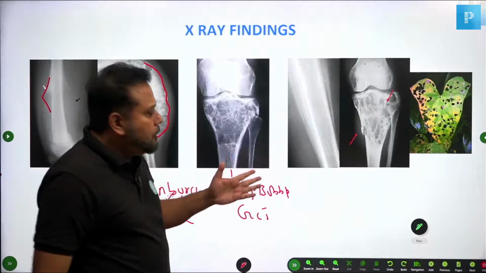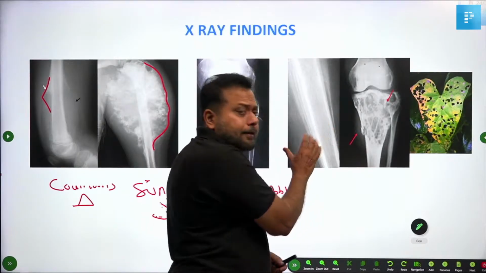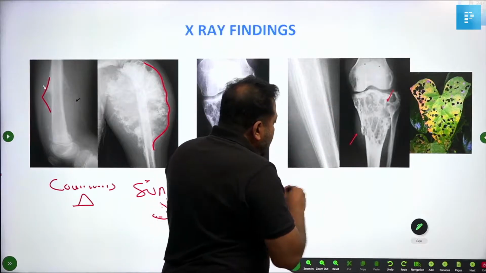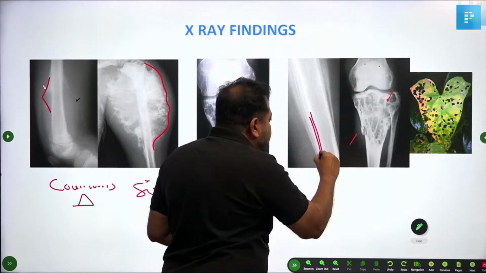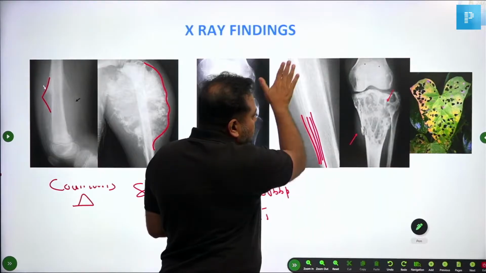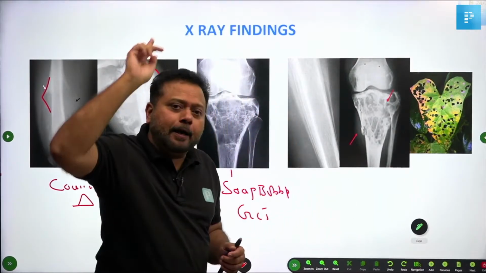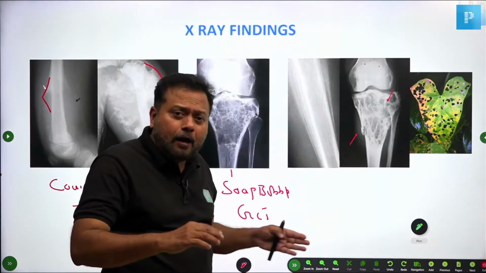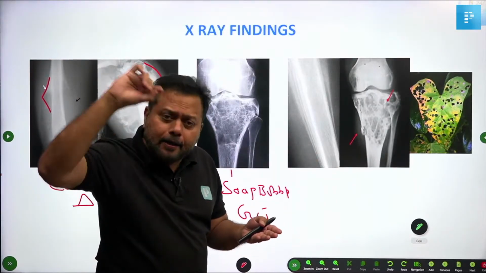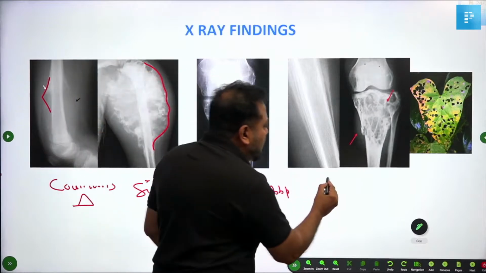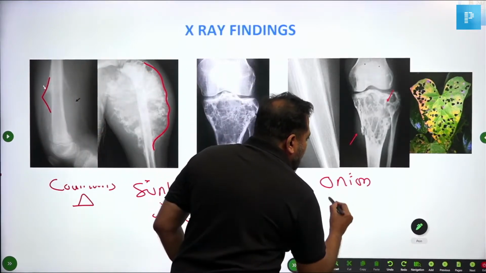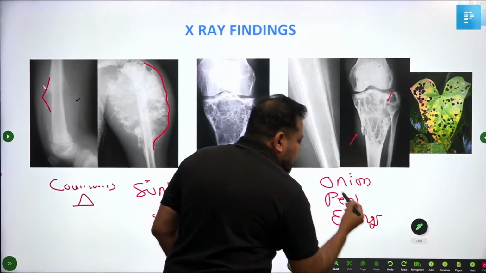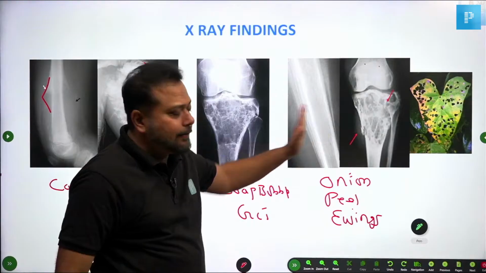Then the third, you see here, you zoom this on your app, your cell phone, your laptop, your iPad. You can see multiple layers of stripped periosteum. I will rub it. You see now, multiple layers. Periosteal reaction. This is also a periosteal reaction, but here it exhibits multiple layers of stripped periosteum. And this is called onion peel. Okay, the diagnosis is Ewing sarcoma. These 3 questions they have asked several times.